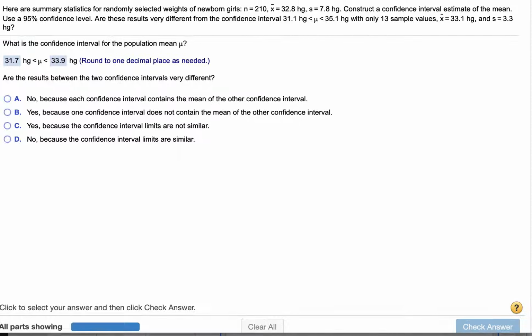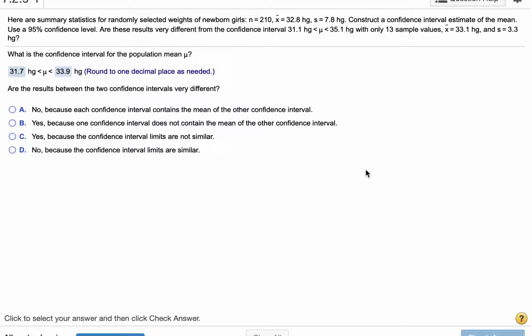And then there's one more part on this problem. It says, are these results very different from this confidence interval? So the question is, do those intervals overlap? So our interval goes from 31.7 at the lowest, and that overlaps with 35.1, which is the highest end of the other one. And the lowest end of this one is 31.1, which is below the highest end of that one. So both of those intervals overlap. So are they very different? And I would say no, because